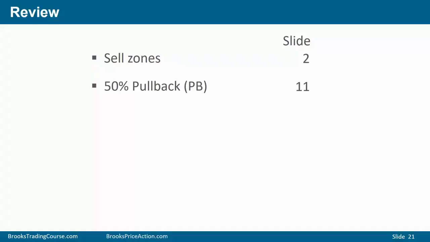Traders are always looking to sell a 50% pullback because they know the market's in a bear trend. Therefore, the probability is 60% or more that the market will go to a new low before it goes above a major lower high. Traders therefore sell either with a limit order around a 50% pullback or on a reversal down, expecting a new low.